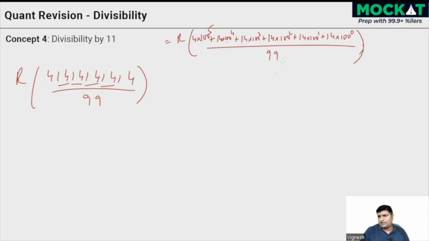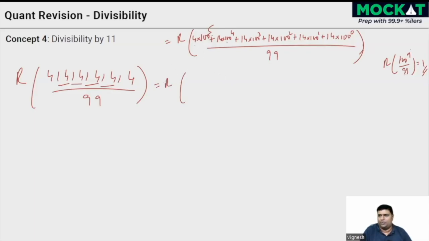Now, when it's going to be 99, what is 100 power n by 99? The remainder is going to be base by this. 100 by 99, the remainder is 1. 1 power n is 1. So everywhere all these are going to get cancelled. We're going to get 1 everywhere. So this is nothing but,